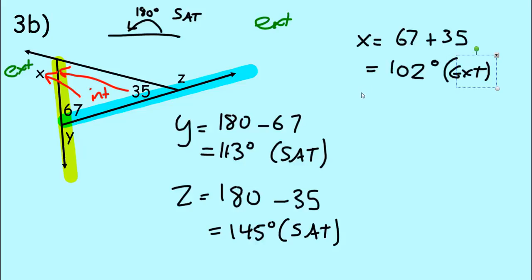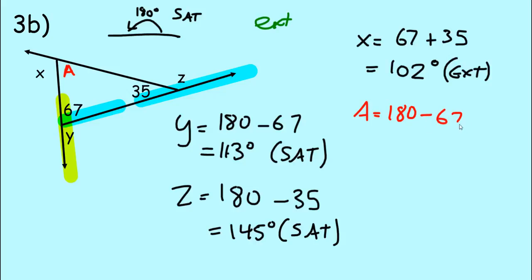The other way you could have done it, which is a little bit more work, is if you found this last interior angle and you do the same thing for Y and X. So you could have figured out what this angle is. I'm just going to call this, I don't know, let's call this A. You could have said that A is equal to 180 degrees, because the interior of a triangle is 180, take away 67, take away 35,